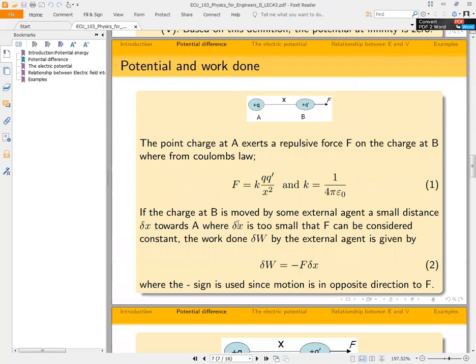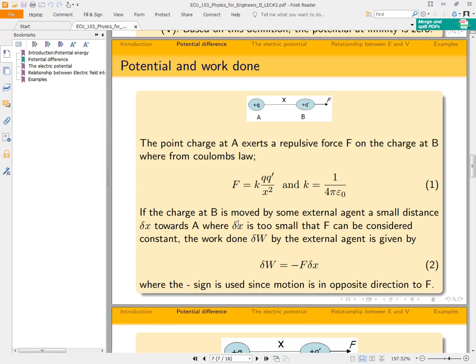Now, there's a diagram here. We have 2 charges. We have a point charge, which is at position A, and we have what we call a test charge, which is at position B. The distance between the 2 charges is x. So our point charge is Q, our test charge is Q prime. Now, this is what we say: the point charge at A exerts a repulsive force F on the charge at B, where